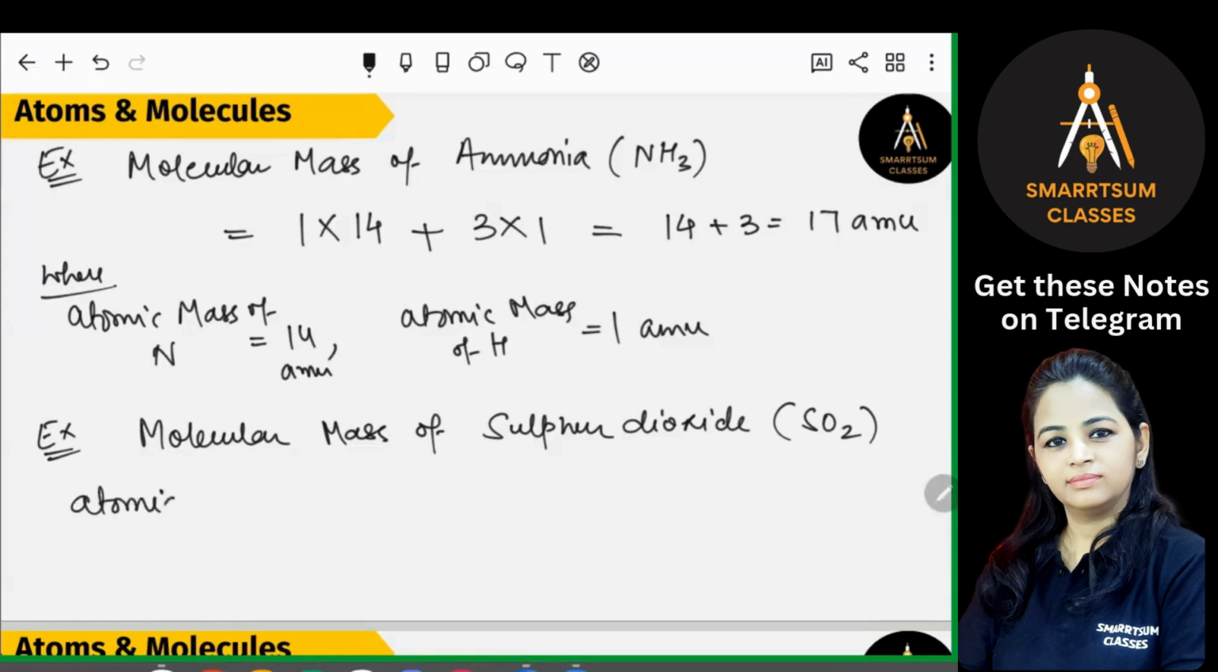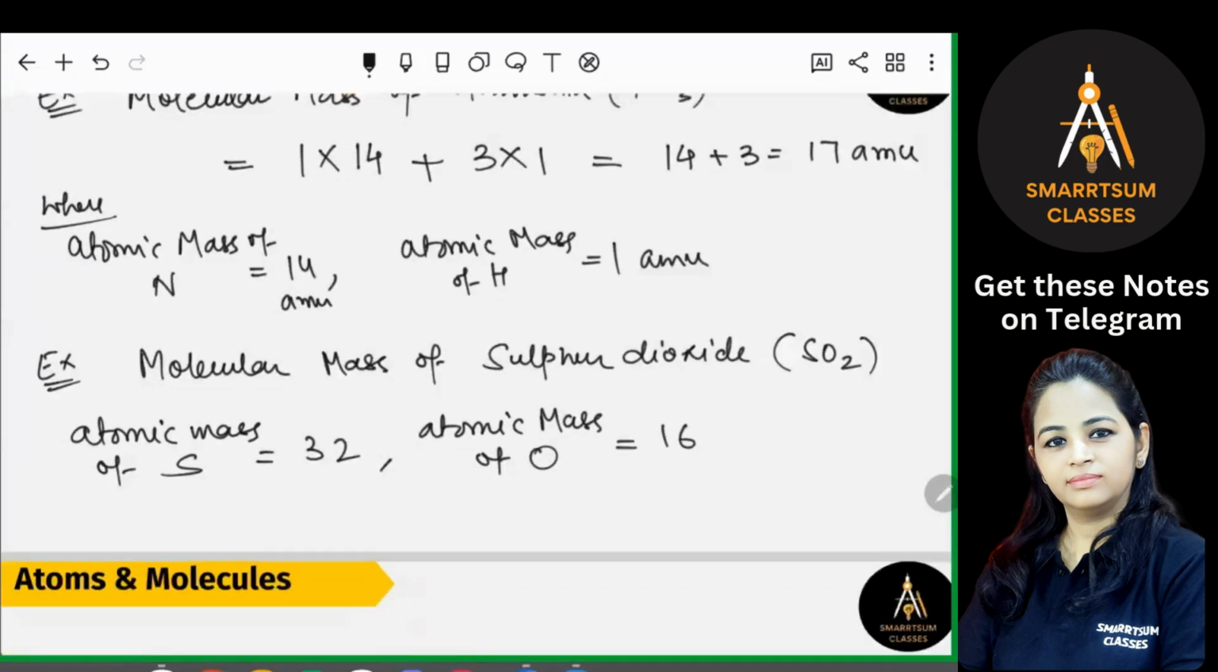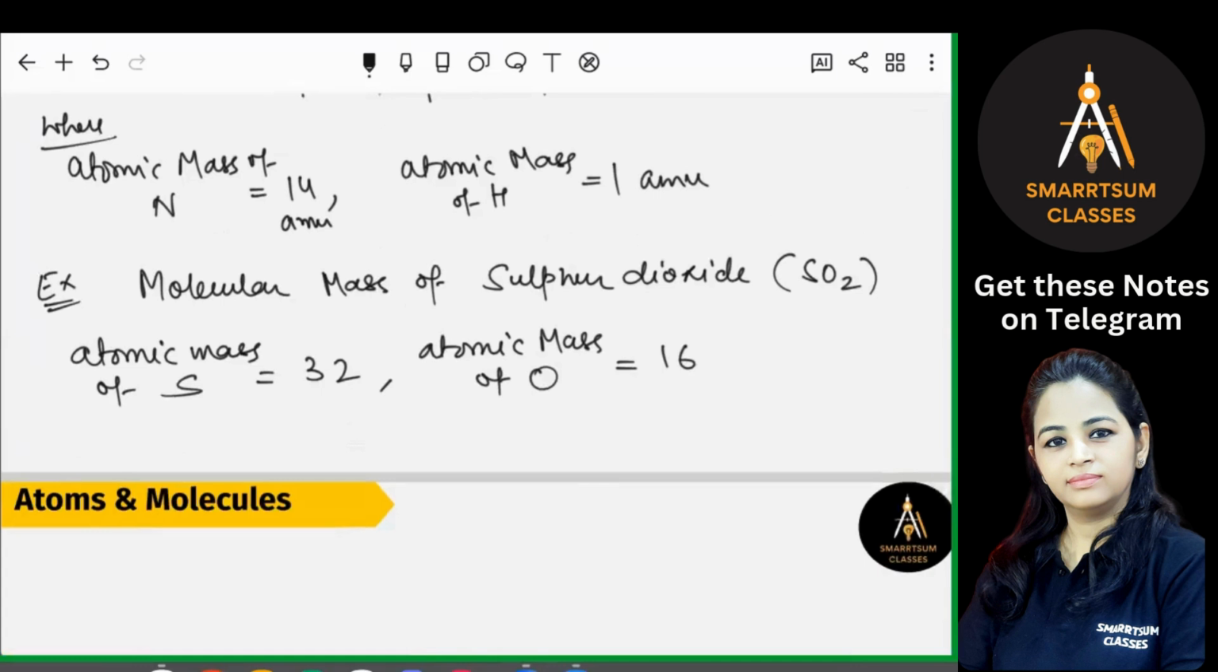Atomic mass of sulfur. What is the atomic mass of sulfur? That is 32. And the atomic mass of oxygen is 16, right? The atomic mass of each atom of oxygen is 16. Now we can write down the molecular mass. Therefore, molecular mass